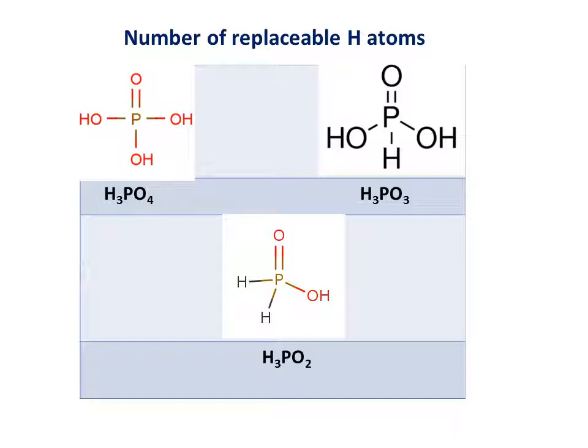the case of H3PO2. Here only 1 OH group is present, so only 1 hydrogen will be released because oxygen has high electronegativity, so the hydrogen linked to that oxygen will be released easily, but the 2 hydrogens that are directly linked to phosphorus will not be released due to low electronegativity compared to oxygen. So that is the reason why there are different numbers of hydrogens furnished by these 3 molecules.